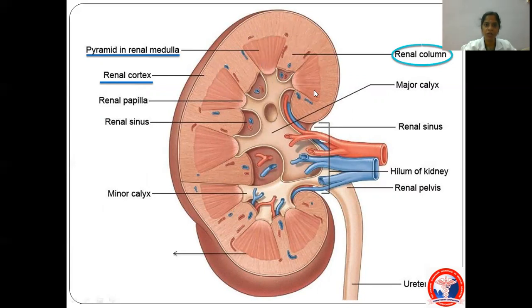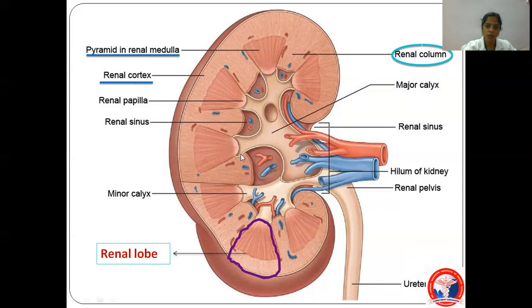In the medulla, you already know we have the renal pyramids. In between the pyramids, the extension of the renal cortex is named the renal column or column of Bertini. So the renal column means the renal cortex that extends between two pyramids. Now, one more thing we have to know. The pyramid is covered by a part of cortex, no? That part of cortex and pyramid together are called a renal lobe. So a renal lobe means a pyramid along with the adjacent cortex.